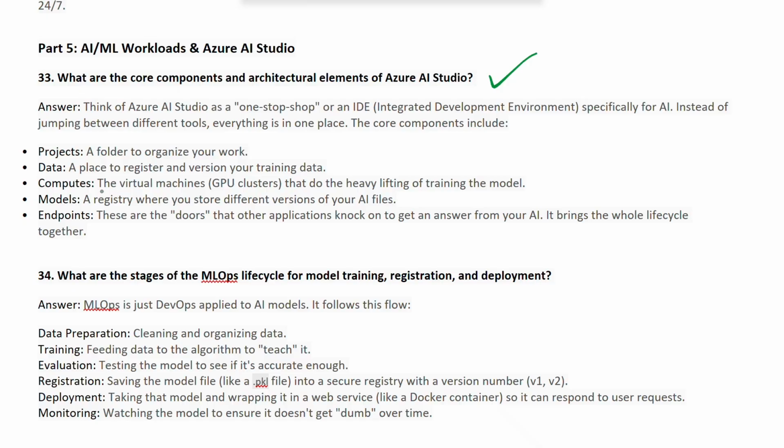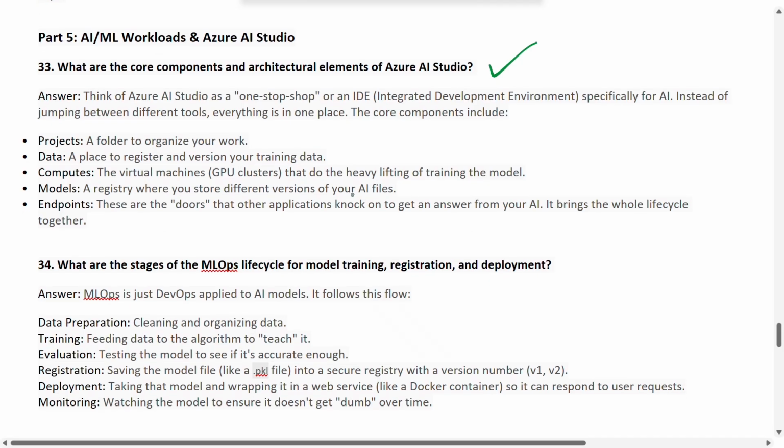Compute is basically virtual machines, that might be GPU clusters, that do the heavy lifting of training the model. Models is a registry where you store different versions of your AI files, and finally the endpoints, which are the doors that other applications knock on to get an answer from your AI workloads. So it basically brings the whole life cycle together. So these are the core components and architectural elements of Azure AI Studio.